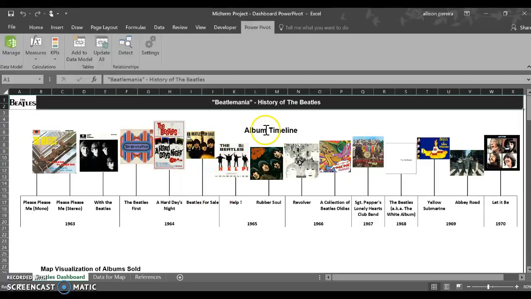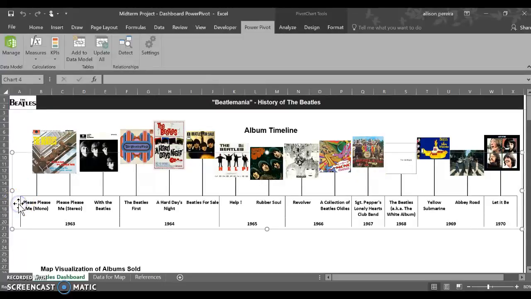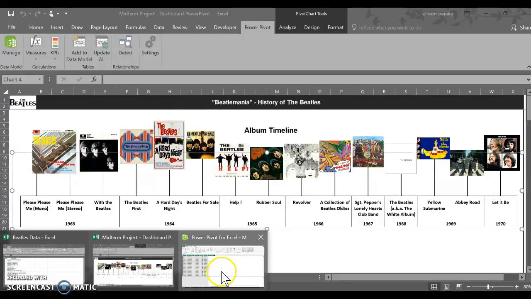The first item here is my album timeline. The way that I created this was, it's actually a pivot chart with a line chart with markers. Now, in order for me to get it to look like this, I used drop lines on each of the markers. Also, in order to get it to be horizontally consistent across the top, I had to adjust the height of the plot area, as well as add a formula in my PowerPivot data,